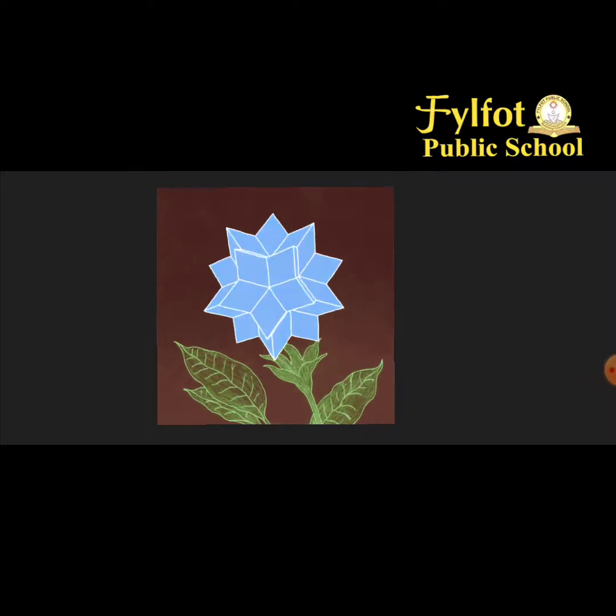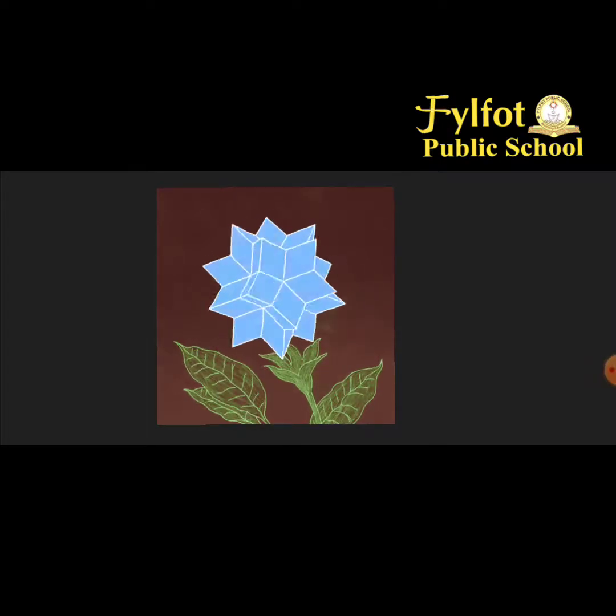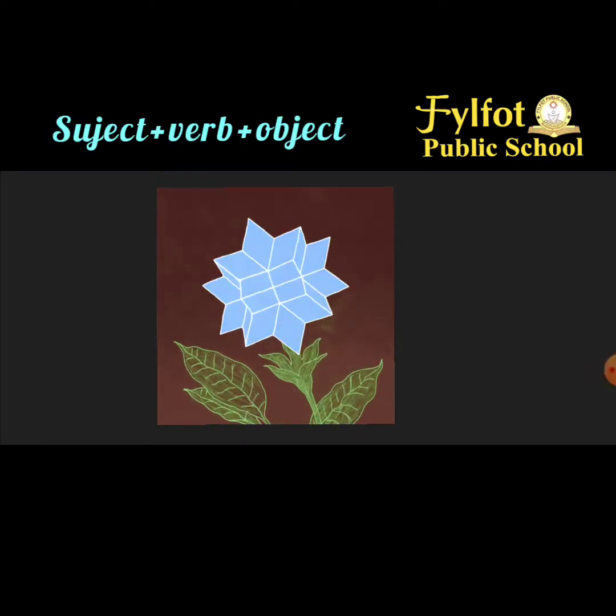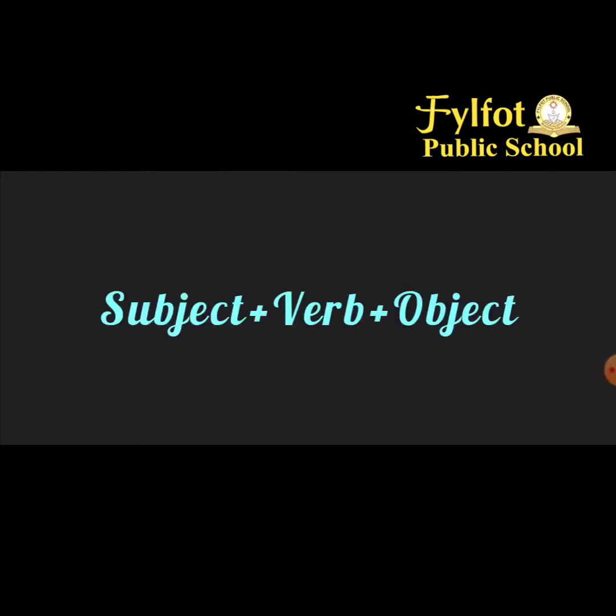And the topic we are going to discuss today is subject, verb, and object. You all know a sentence is not complete without these three things. What are those? Subject, object, and of course, verb. First, let's see what are subject, verb, and object, and we will see their usage in